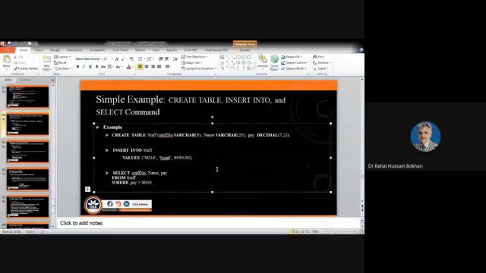Whenever you likely retrieve your data conditionally, then you have to use the where clause. And in this manner, you can use the operations that you have studied in your relational algebra. Recall those operations, what was projection, what was selection, and so on, keeping in view that you have to use these SQL commands.